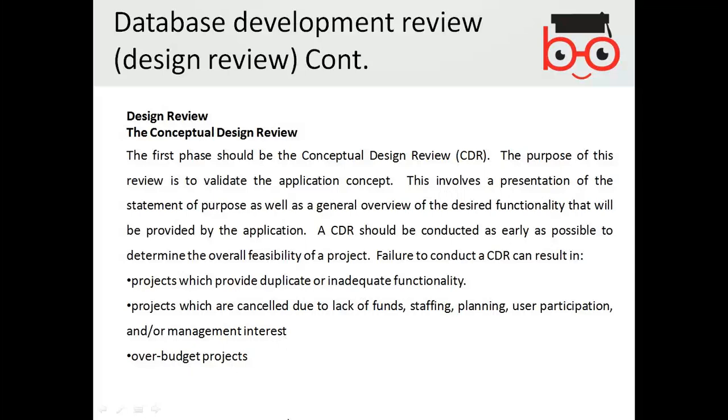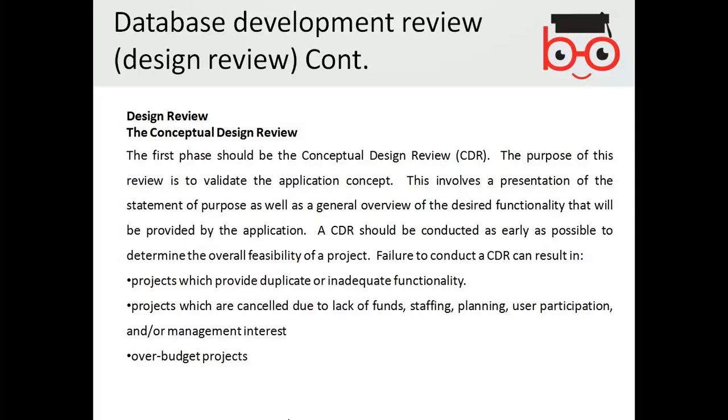So if you don't have a conceptual design review, which is basically the validity of the application, then probably the project could be cancelled or stopped because of the funds.